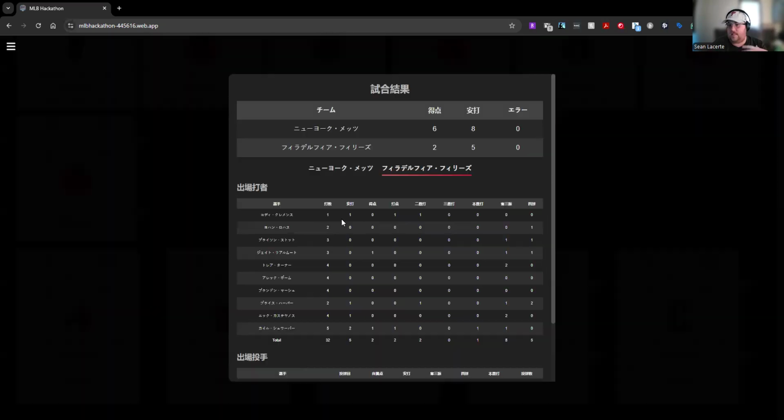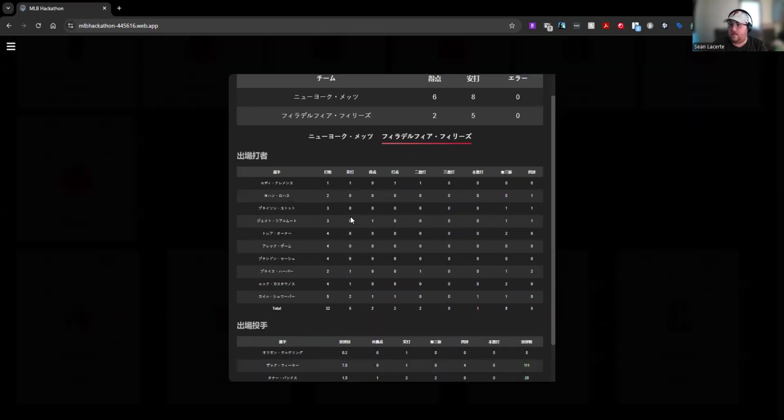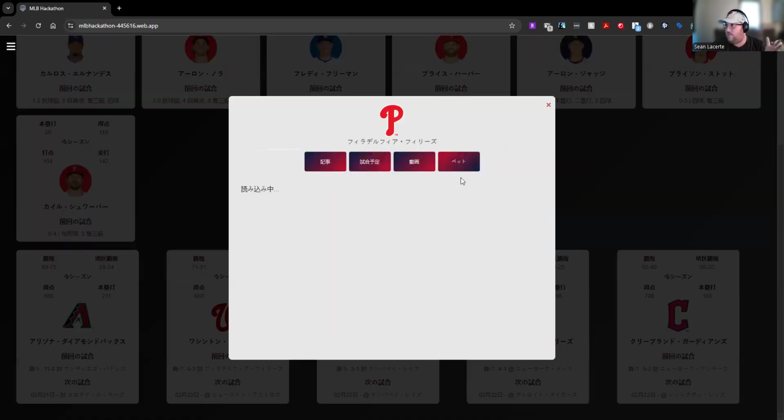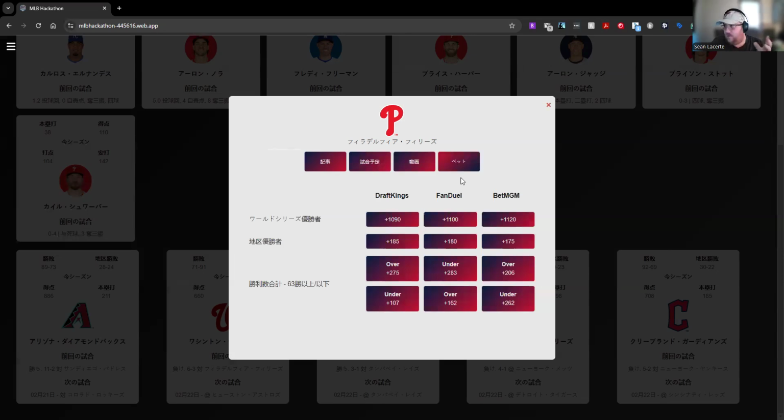You can click on these and it'll load all the player stats, what happened throughout that game, who played, what did they do, et cetera. And then we're also pulling in bets. So we are not hitting the FanDuel or BetMGM APIs. It is a little bit hard coded, but we did look at the time. But if we had those APIs, we could pull that data in real time and deliver that content as well